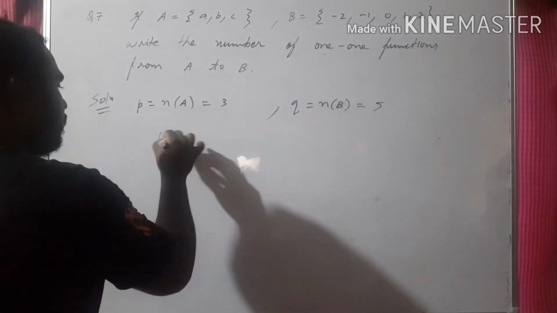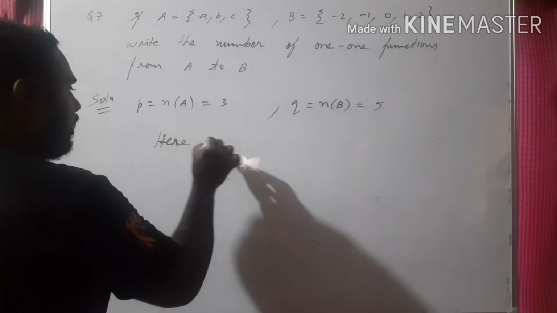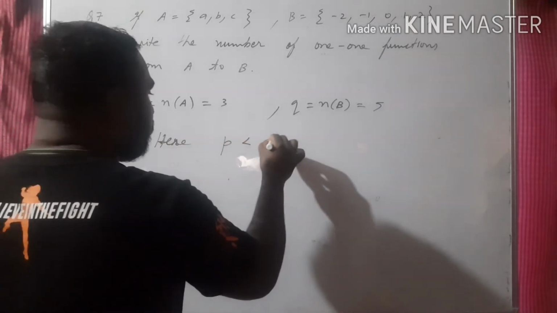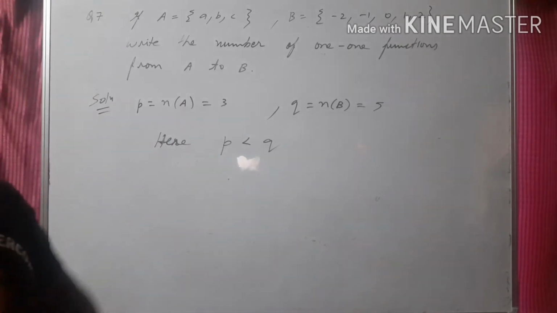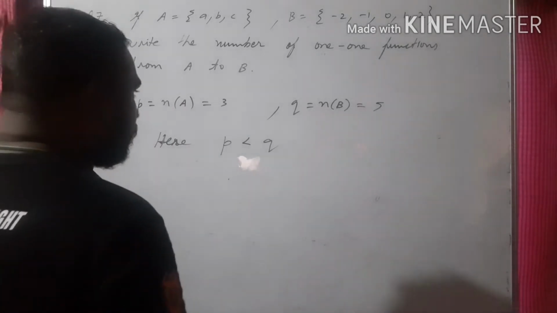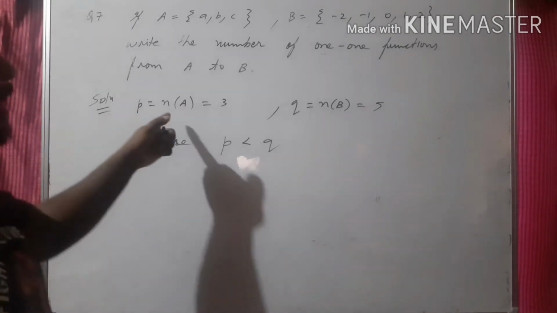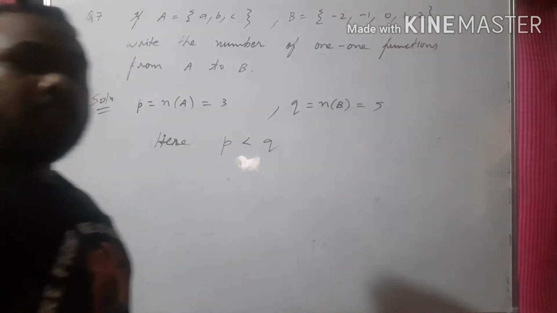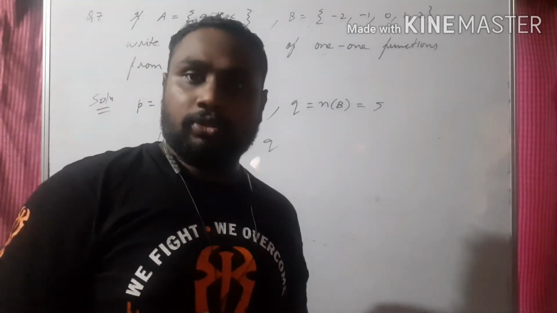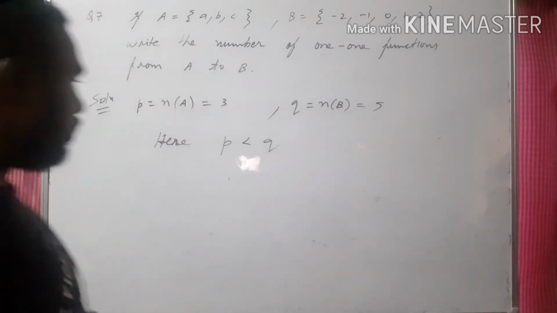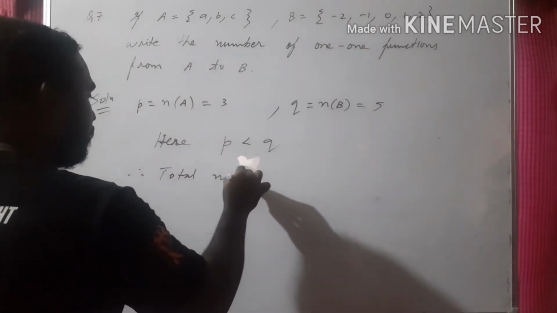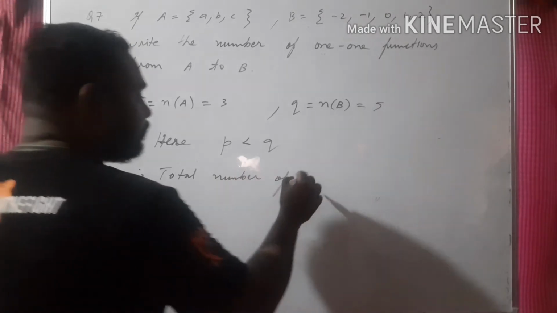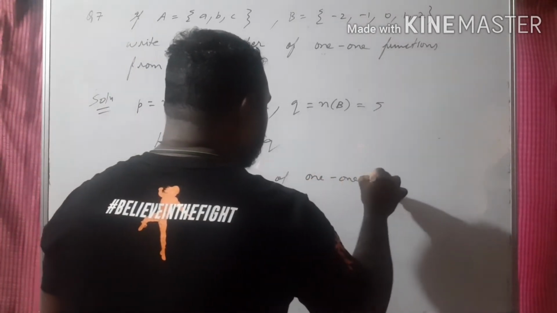So P is less than Q, meaning the cardinality of A is less than the cardinality of B. Whenever set A is smaller than set B, 1-1 functions are possible. So the total number of 1-1 functions